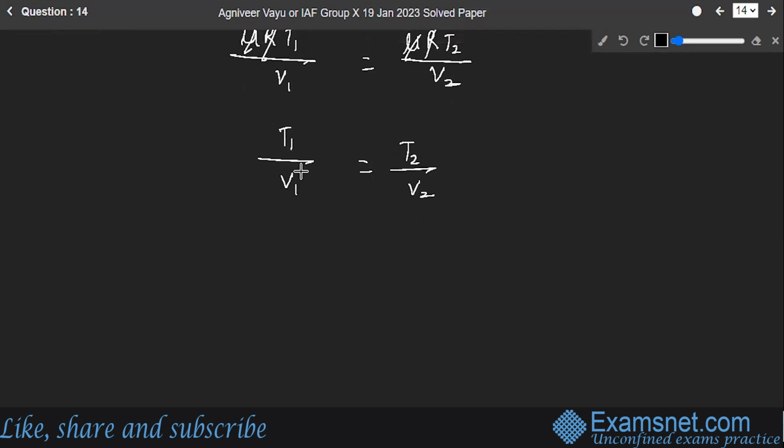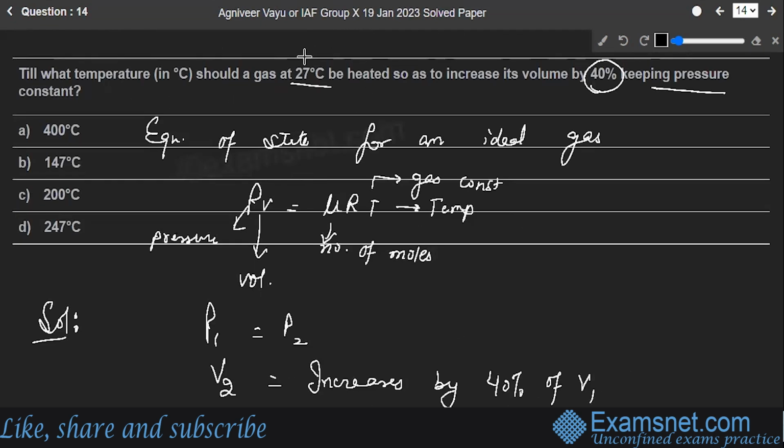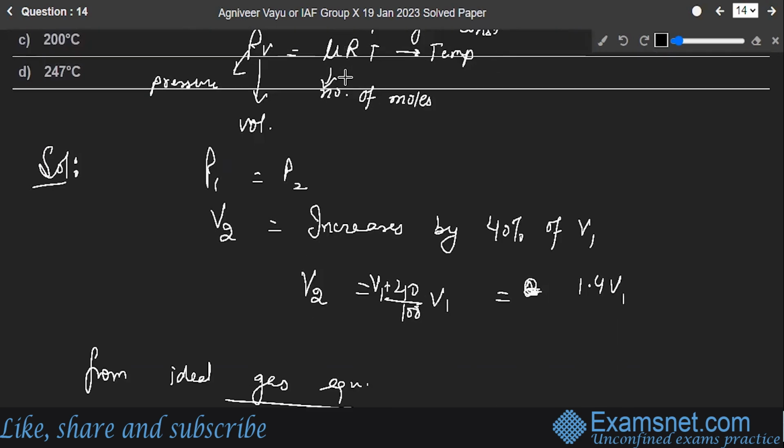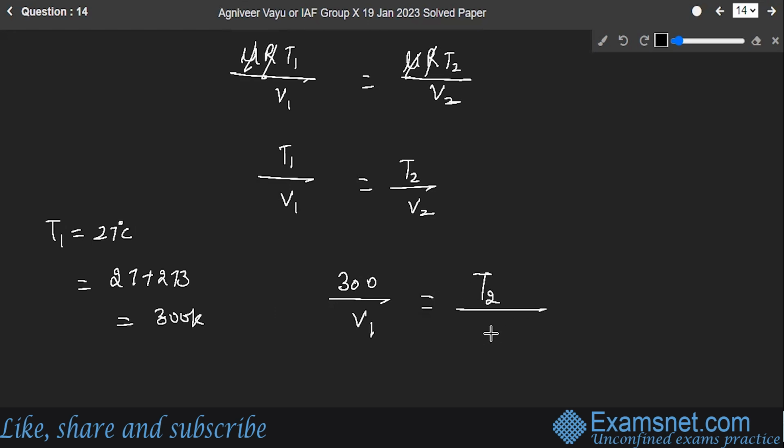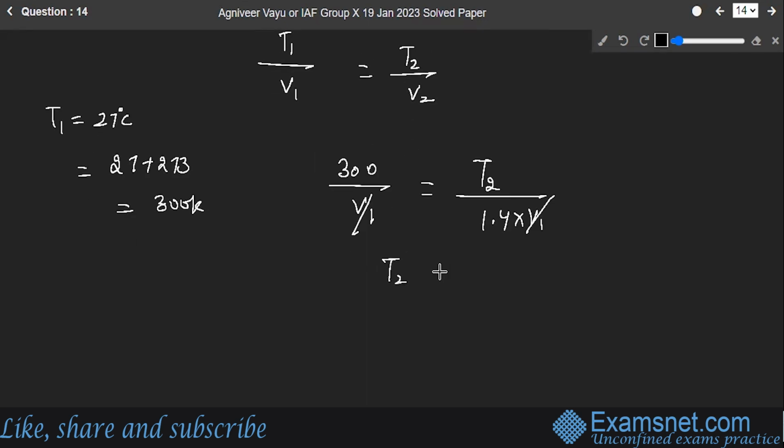Now you are given that T1 is equal to 27 degrees Celsius. So let's change this into Kelvin. That's equal to 300 Kelvin, right? So 300 upon V1 is equal to T2 upon V2, and V2 is given to you as 1.4 into V1. So V1 and V1 will cancel, and you have T2 is equal to